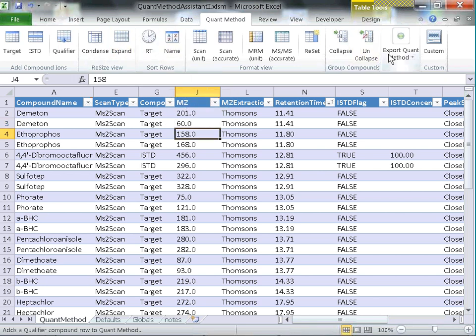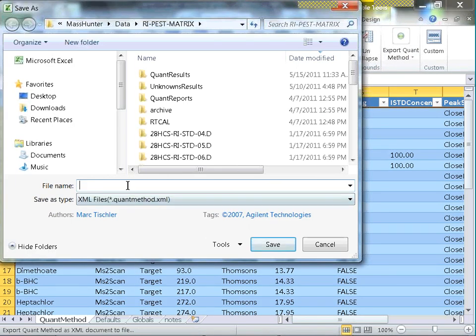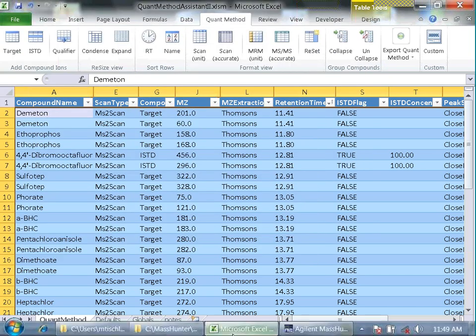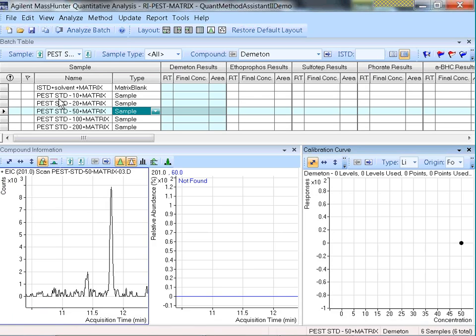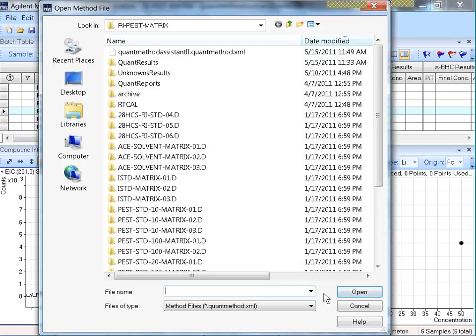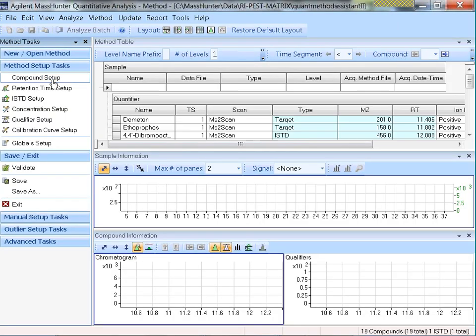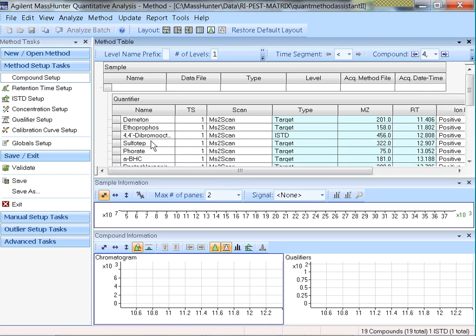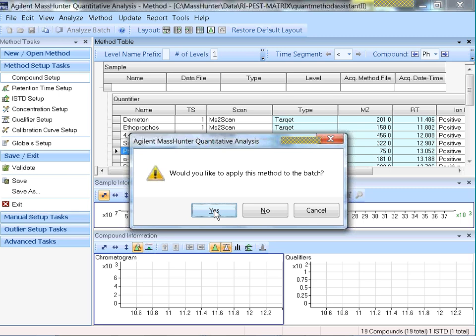So I'm ready now to export this method, and I'll export it to a file. I'll call it Quant Method Assistant 2. And I can go over now to a pesticide batch, which doesn't have any method or calibration curve, and I will load that method from the file. And you can see I've got a set of compounds here that are part of this, and I will just directly apply this method